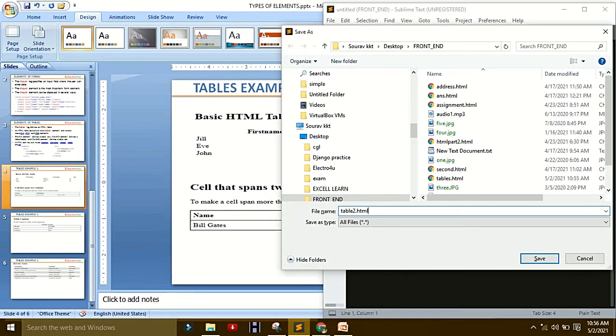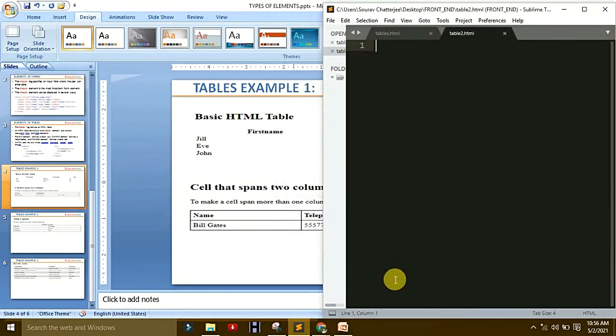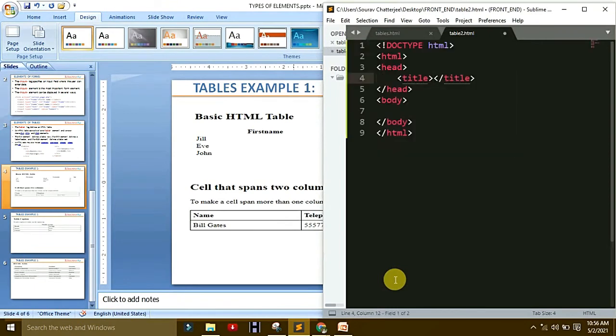I do not want a title again, so delete the head, because it is simple.